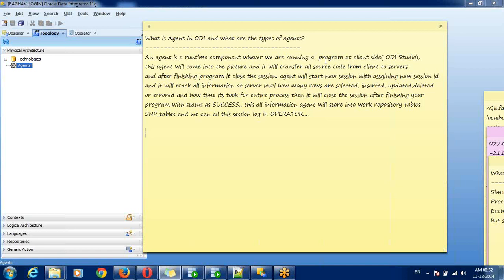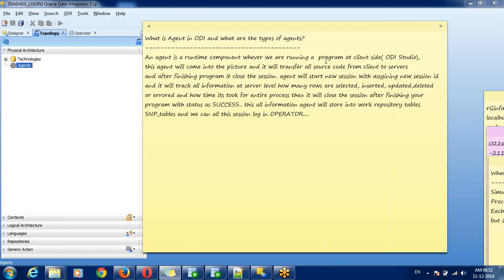If it is up, it will run the program. Then the agent will track how the code execution is happening, like how many records are selected, deleted, processed, or errored. After finishing your program, it will close the session.